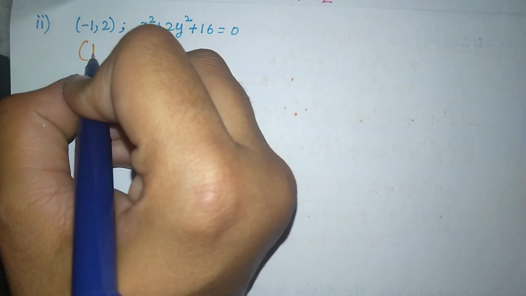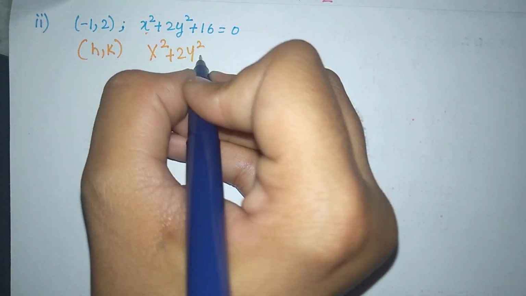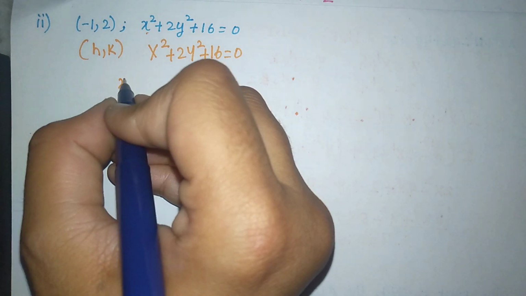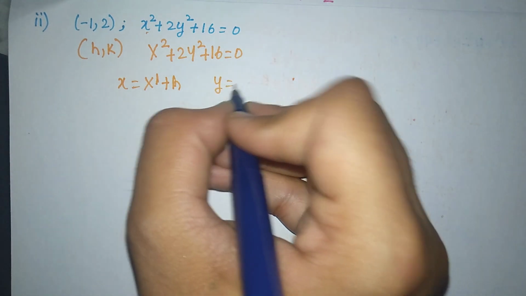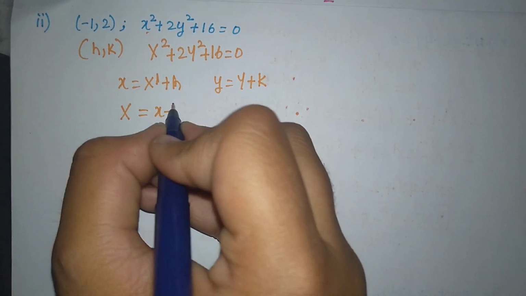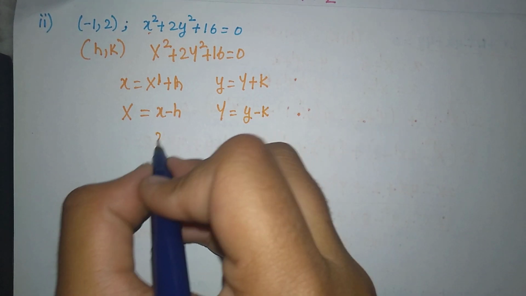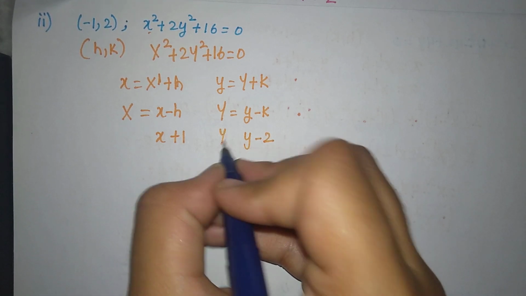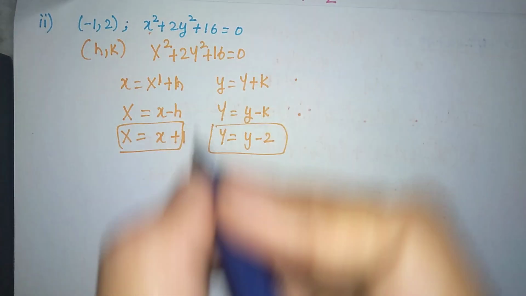So we will do another problem in this model. They have given the capital X formula. So capital X only you have to use. That means first of all you have to write the formula: small x is equal to capital X plus h, small y is equal to capital Y plus k. So from here you have to find capital X is equal to small x minus h, capital Y is equal to small y minus k. So what is the given h value? What is the given k value? You have to substitute. Later on this one you have to substitute in the given equation.